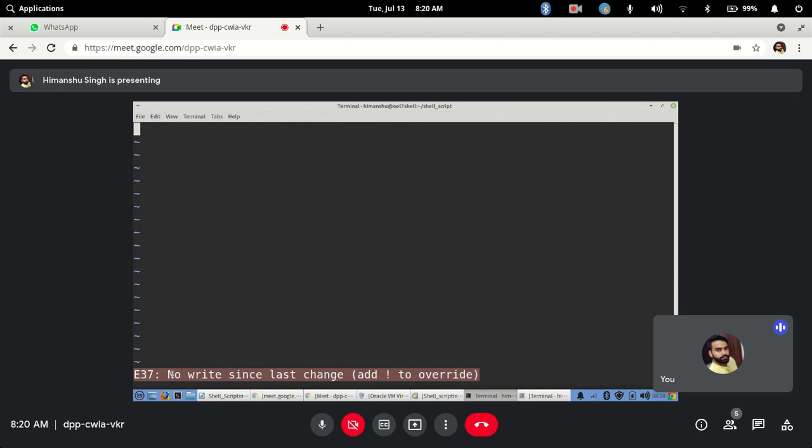Okay, so there are two options. Let's say I don't want to save those changes. I will press the escape key again and say colon Q and exclamation mark. Now what does this mean? This means quit the file without saving. It's the same thing in notepad, close without saving. So whatever changes you have done since the last time the file was saved, it will override that, not save anything, and come out of the file.